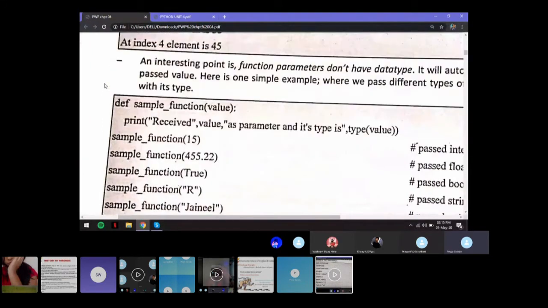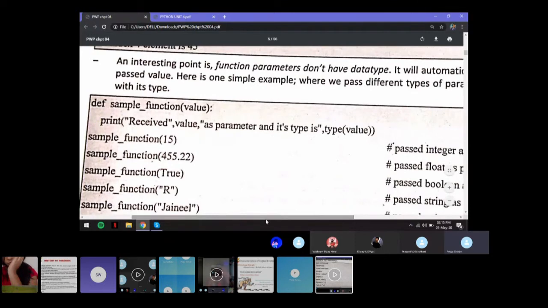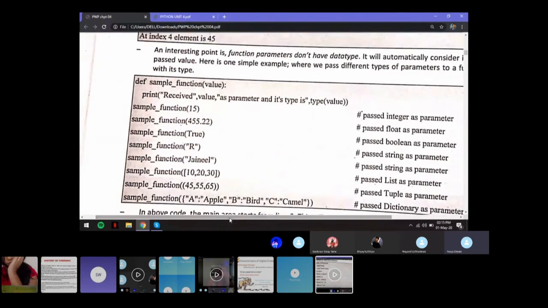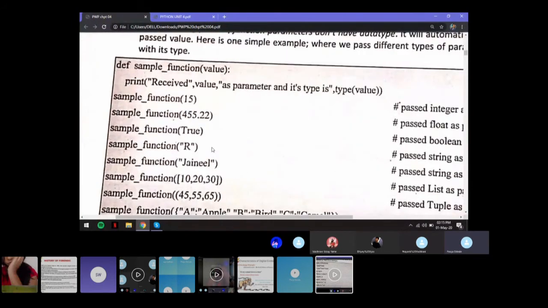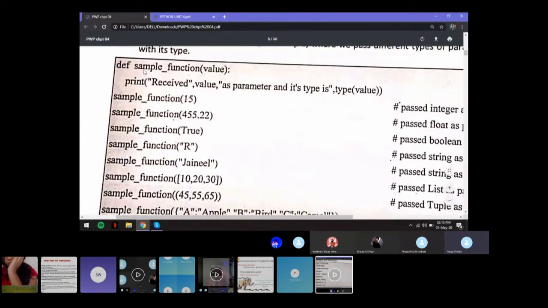So next, the function parameters that we have, any arguments in a function, don't have a data type. It will automatically detect which data type you want to assume. So you can pass any kind of argument inside a function, any data type of an argument. For example, here you have a function called sample function, inside which you are passing an argument called value.